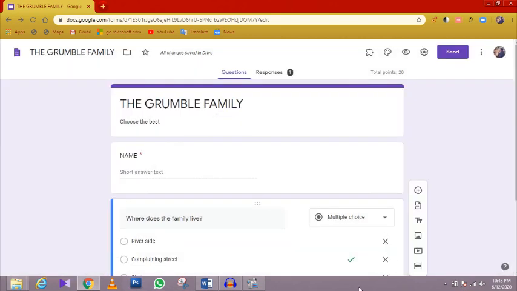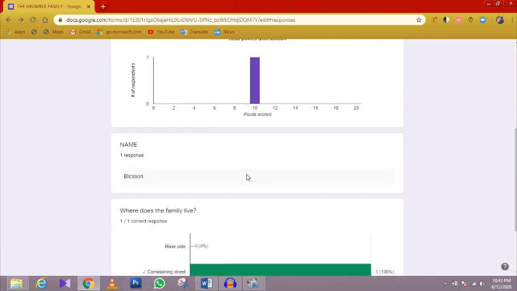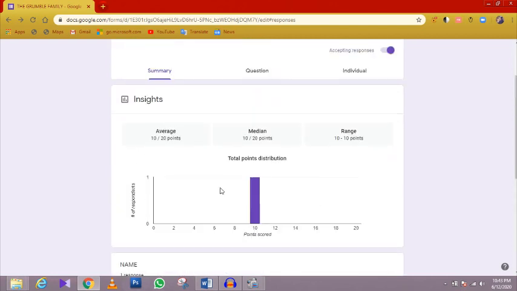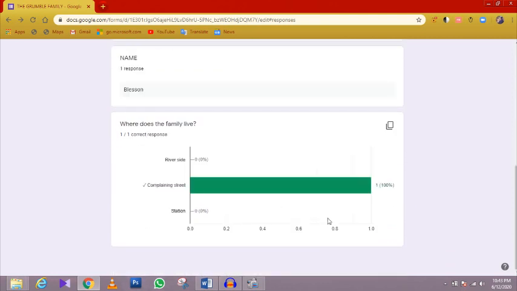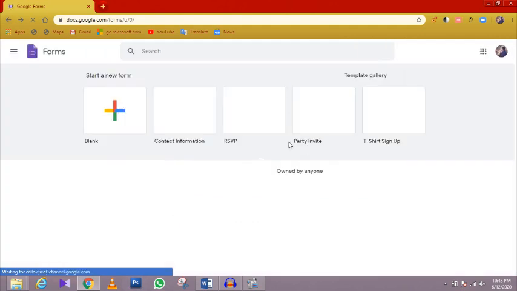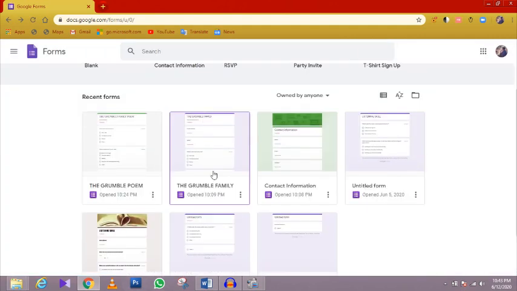Once the students start answering, you can see an option called responses. When you click this, automatically the students' responses will come. You can see here one name, one response, my name I have given here, so Blesson is here, followed by others. If many students are answering, it will come like this. I will show you a Google quiz which we have conducted for 10th standard. Just come back and I will show the Google quiz and all those answers and everything.